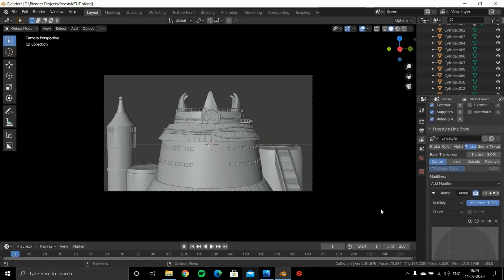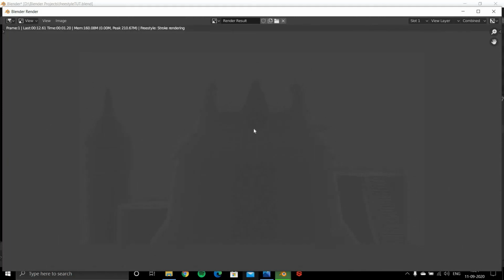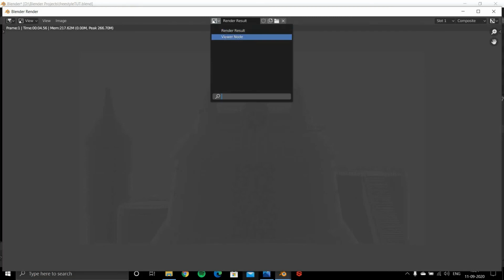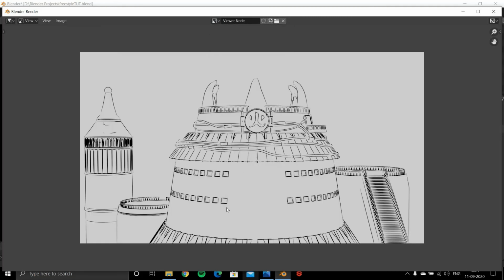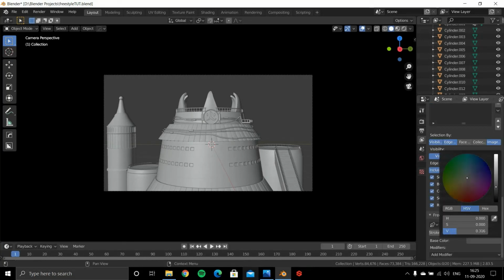So now after doing this, when we render, we will have different results. So let's see this. Press F12 to render. It's rendering, and now we can use the viewer mode to see how it looks. So now if we compare, it is pretty different. The strokes are not a single straight line. There are some wide gaps in between, and it makes it look much more realistic. We can do a lot more things like changing the color from black to something red maybe. And now if we render, we'll have red strokes.